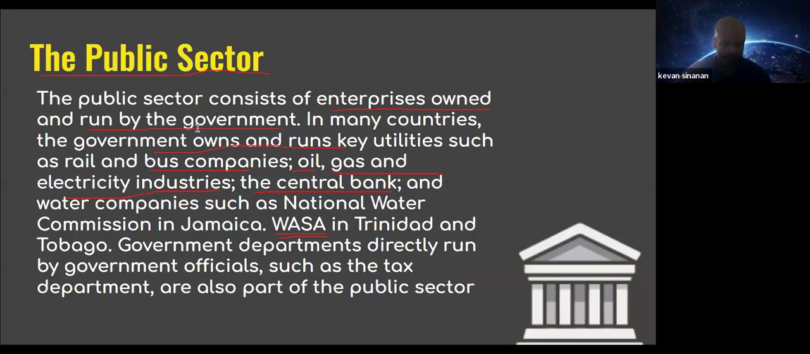Public sector. So think about it. There are things that private individuals just can't do, because if it was done, there would be no profit to be made, right? Do you really think that running a bus company or building roads in Trinidad